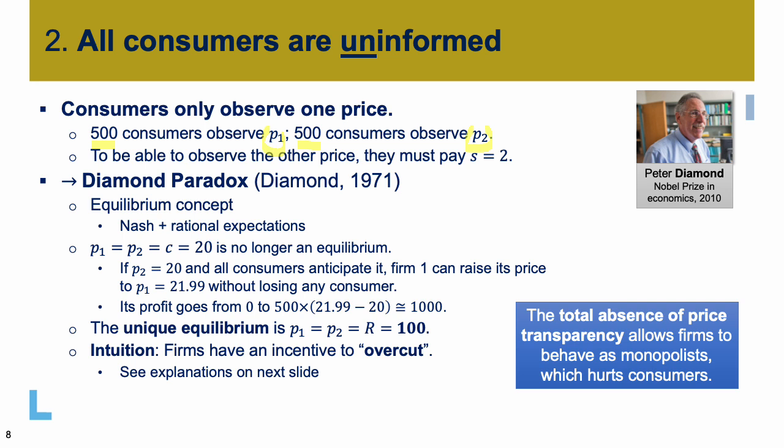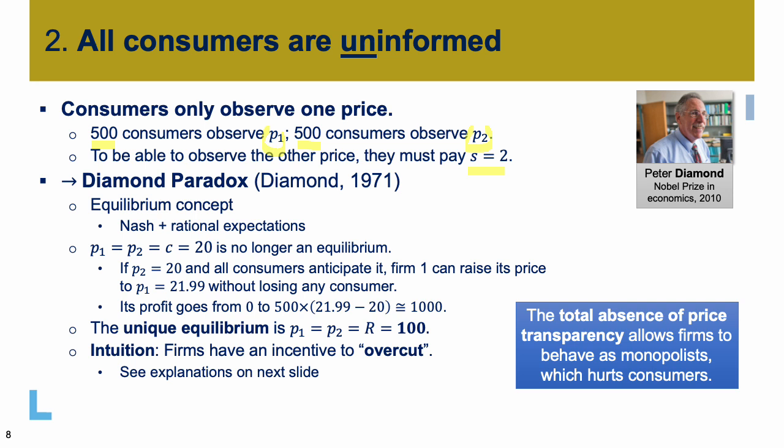They know the price of the shop they are located near without any cost, but they have to pay a cost, and we call this search cost, and we equate it to 2. They need to pay a search cost if they want to learn the price of the other firm. This model is due to Peter Diamond and was produced in 1971. Okay, so we want to know how firms are going to set their prices in that setting. But to predict the equilibrium, we need to impose an additional requirement, which is that consumers have rational expectations. Why do expectations matter here?